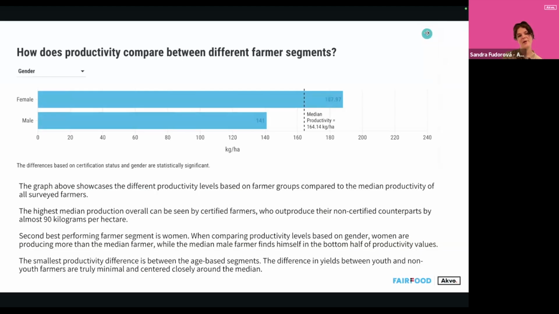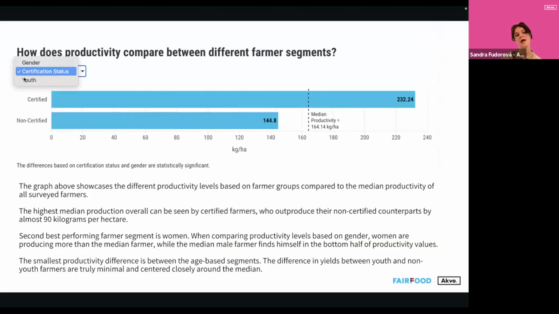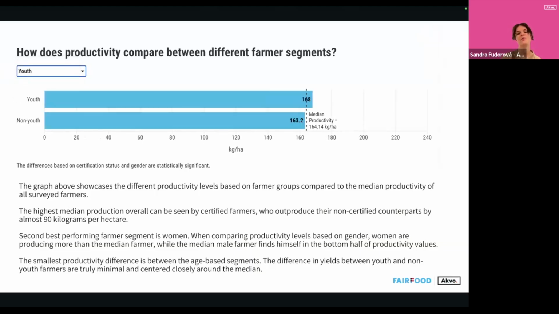When it comes to picking your segments, this is the first graph that we can see that has a bit of segmentation included. And for this analysis, we've chosen gender, certification status, and age. So you can see different groups compared. How to choose segments is something that is quite difficult and also can seem a bit daunting, but it's definitely something you can easily do through really focusing, once again, on what your project is meant to be about and what segments will provide you with the most information.